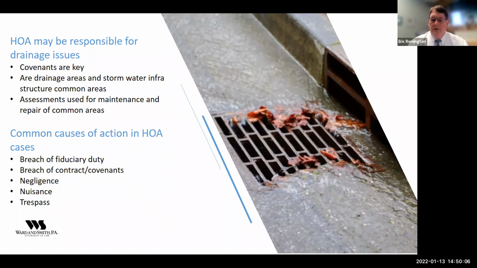Common causes of action in this area that may be raised if someone has a problem with drainage or issues in an HOA context, especially if they're saying that the HOA has some responsibility for it. They would allege breach of fiduciary duty on the part of directors, breach of contract or covenants, especially if there's language in the covenants that requires the ditches and the stormwater facilities to be maintained. The roadways typically are privately owned, and those will probably be under the control of the HOA, and they may have curb and gutter. If they do, that needs to be maintained like the picture shows.